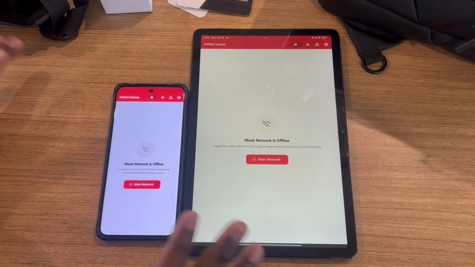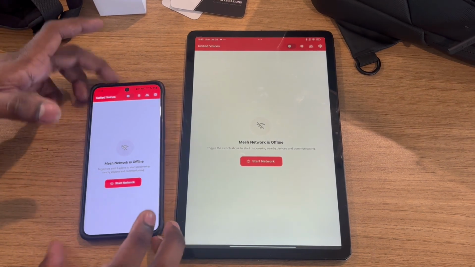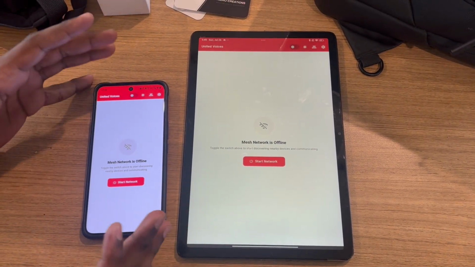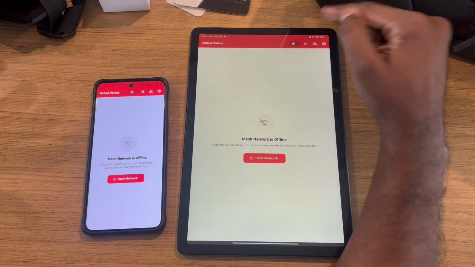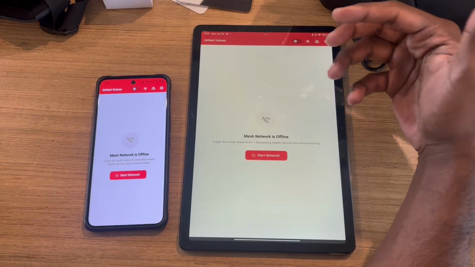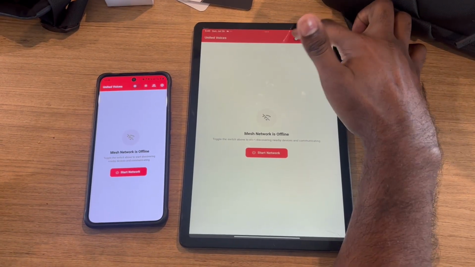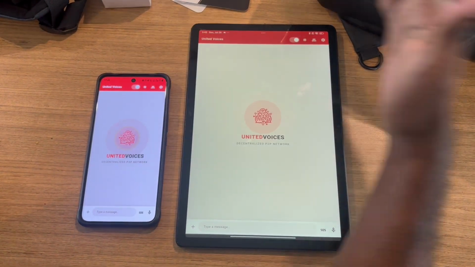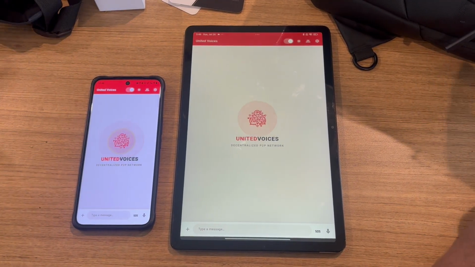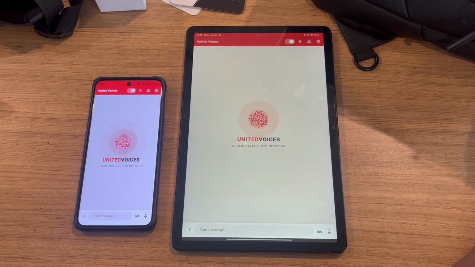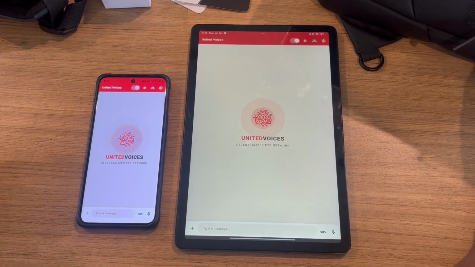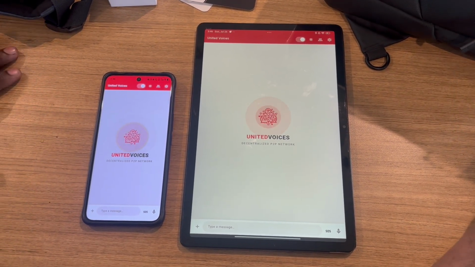Okay, now they're inside. Once all this initial onboarding setup is done, the first thing they'll see when they open the app is this one. They need to turn on the network for the mesh to discover their device. So let us turn that on. So we have both of them. Let us give a time for both of these devices to discover each other. It probably takes 15 to 30 seconds, so let us just wait.